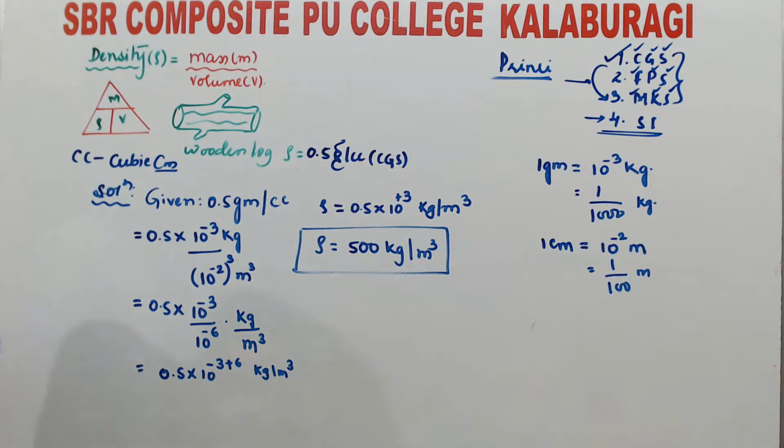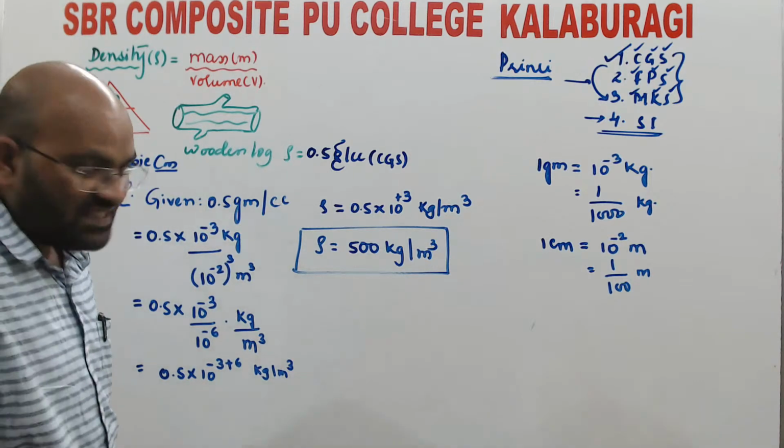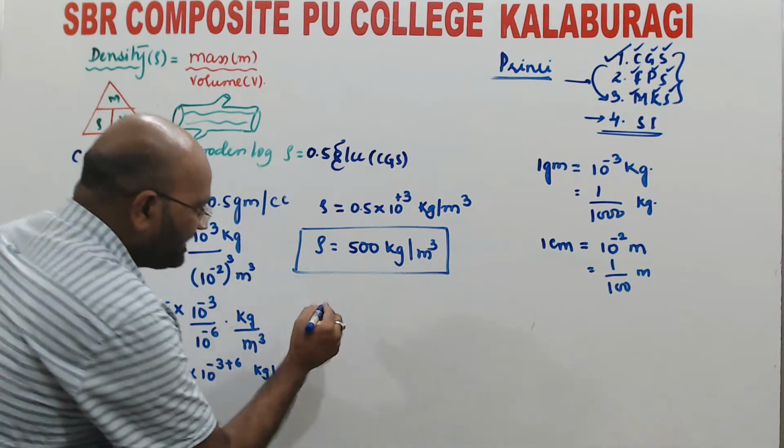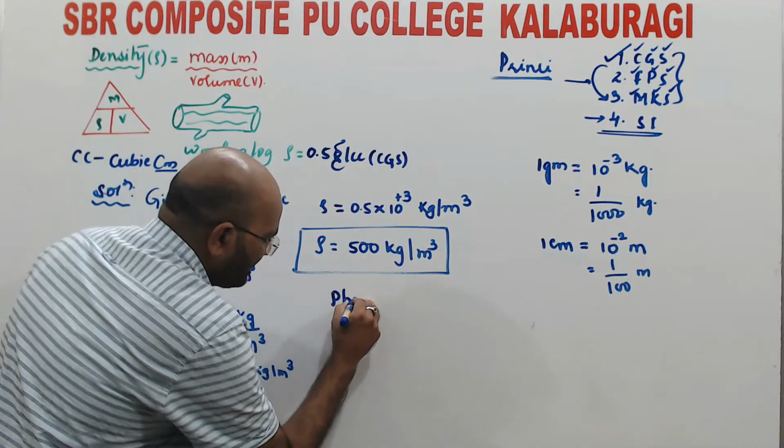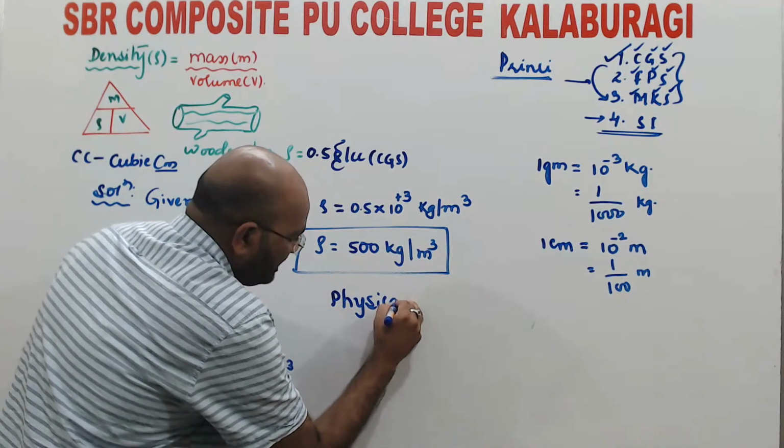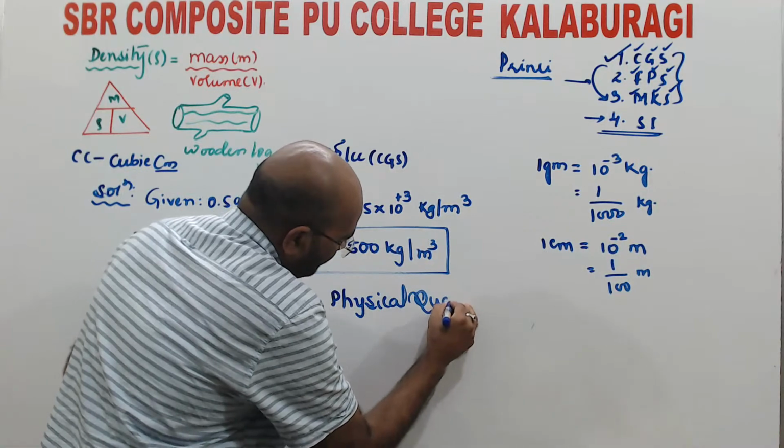Then we go to the second method, that is by using the physical quantity. The physical quantity can be given as